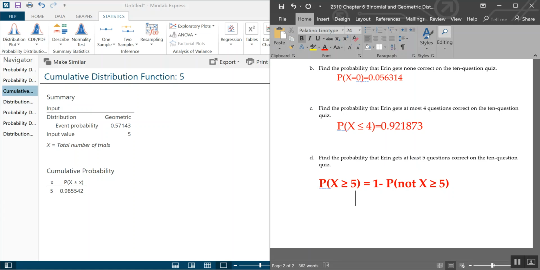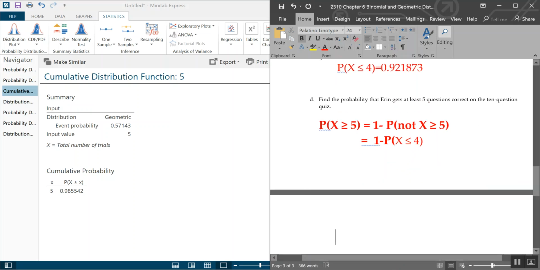And another way you can think about that is, well, I want 1 minus, well, what's not bigger than 5? Well, 4, 3, 2, 1, 0, and that's as small as it gets. So this is actually the probability that you're less than or equal to 4, which we just did. Sneaky. Okay, so notice no Minitab involved yet. If you think about this the right way, you can just do 1 minus the